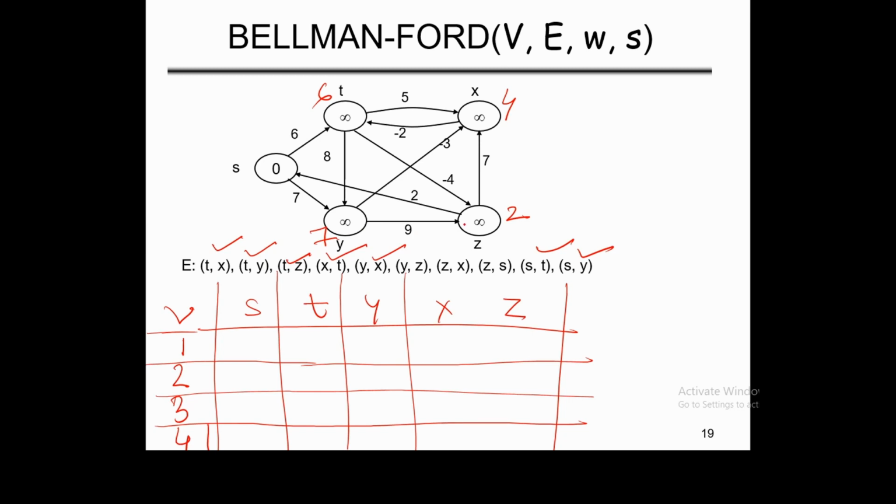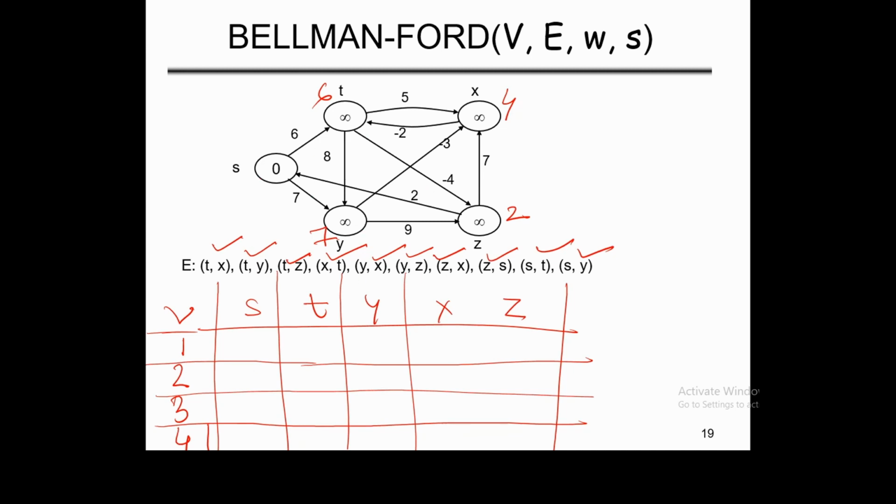y to z this one, so 9 plus 2 11, ये 2 है, इसको चेंज नहीं करेंगे। z to x that will be 2 plus 7 9, पर ये पहले से 4 है, no change। z to s, ये पहले से 0 है, और ये हो गया 2 + 2, it will be 4, तो इसको चेंज नहीं करेंगे हम यहाँ पे, तो 0 रहेगा। और ये सारा हो गया। तो आफ्टर दिस फर्स्ट इटरेशन जस्ट चेक व्हाट आर द वैल्यूज ऑफ द डिस्टेंस वैल्यू।